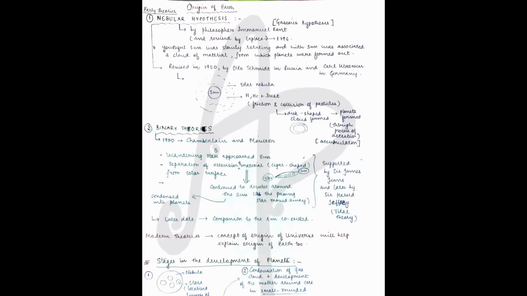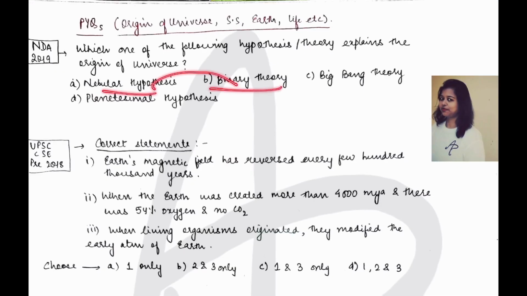Let's see the other options which they have given. So they gave you the concepts like nebular hypothesis or the binary theories. So nebular and binary are related to Earth, or let's say the planet, if we talk about. So anyways, it is not about the universe. Okay, so this has to be the answer. Now what about the planetesimal hypothesis? It is kind of considered to be equivalent to the binary theory only.